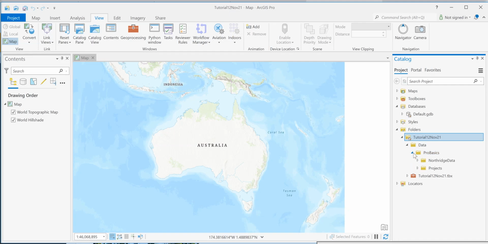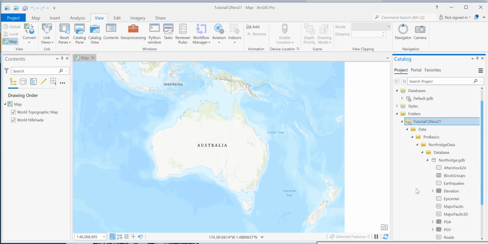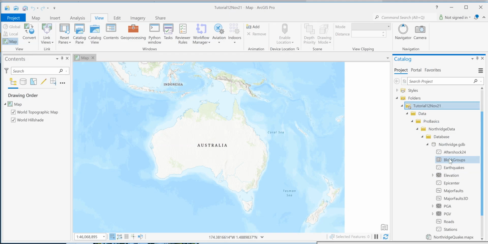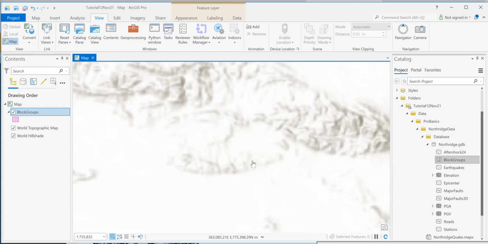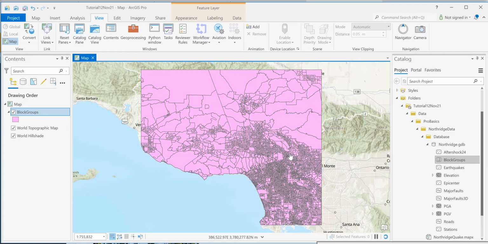Now this is how you will do it for the first few projects. You don't need to worry about setting up your own geodatabase or anything like that. But say, for example, I put on one of these data sets. So let's find a polygon data set. It doesn't look like there's any. Okay, block groups. I'm going to drag block groups over to my map, and it's going to immediately zoom into